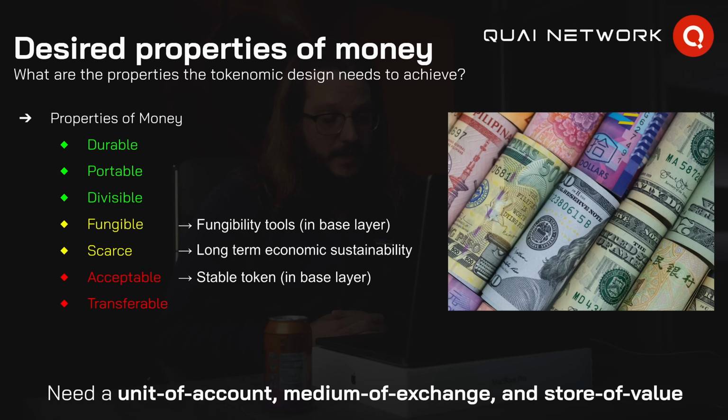So that's not a great system to have. So the question is, can we create a stable-like token in the base layer that's endogenous to the system that can function as a unit of account and a medium of exchange? And then the last question we need to look at is